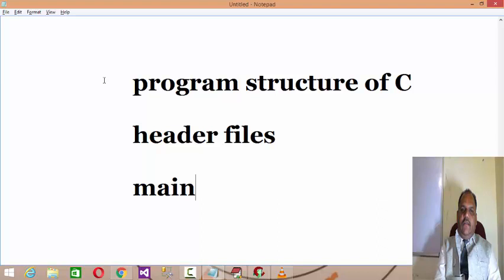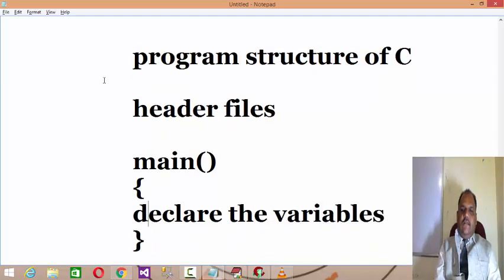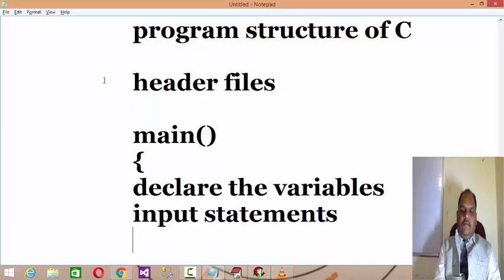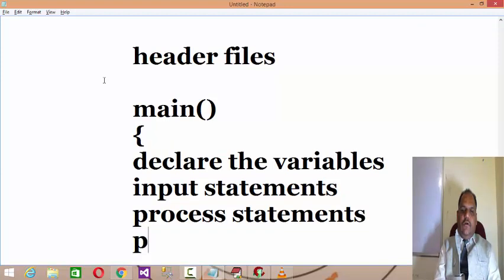Then you write the main, then you declare the variables, and then you think about the input statements. Then you write the process statements after inputting, and then you think about the output.